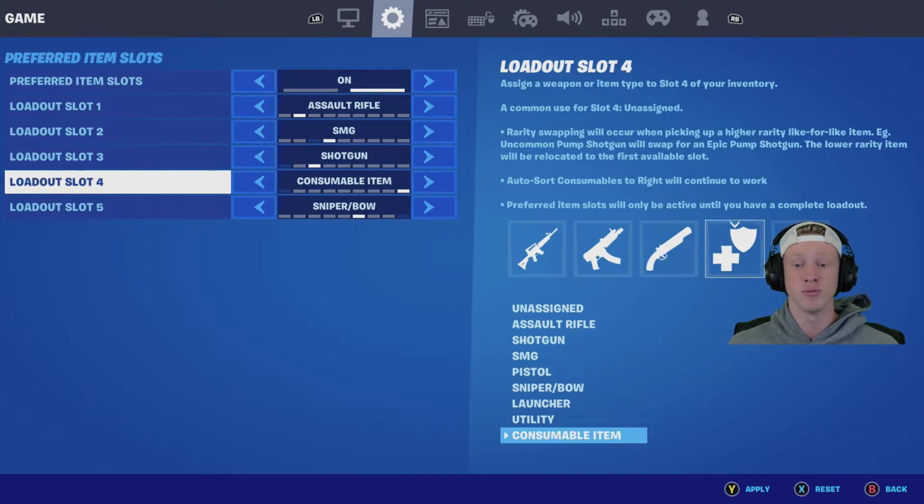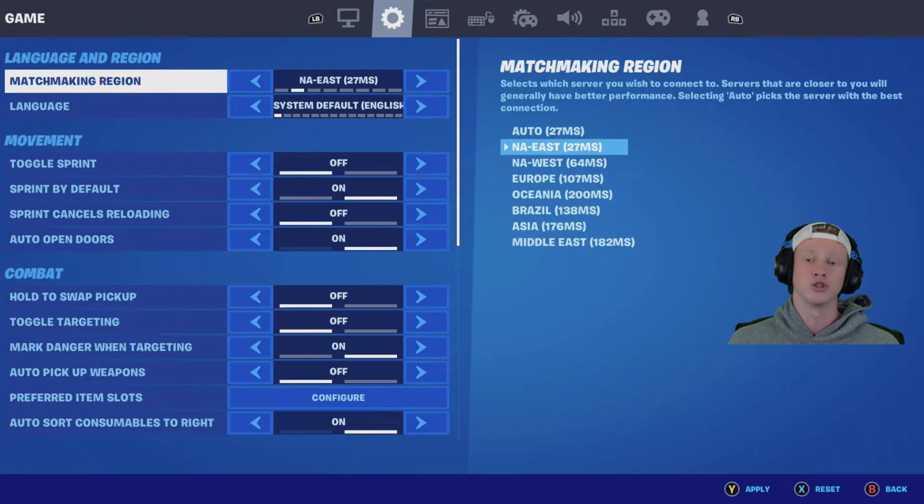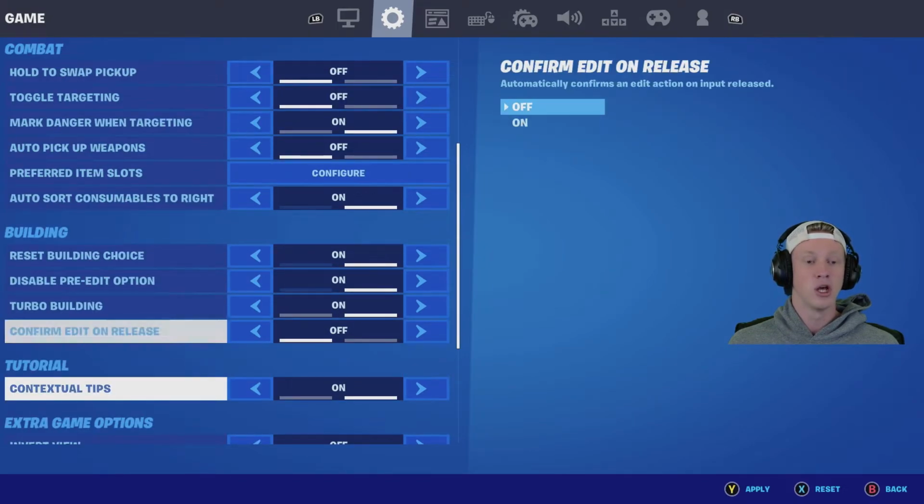I like to put my consumable in that second to the right, and then my sniper to the far right, because I really like the snipers in Fortnite. That's like probably one of my favorite parts, is hitting some clean sniper shots. So I just like this so that I can go from the AR, press LB, and then quickly go over to the sniper. So you want to do that, and then scrolling even farther down, you want to have reset